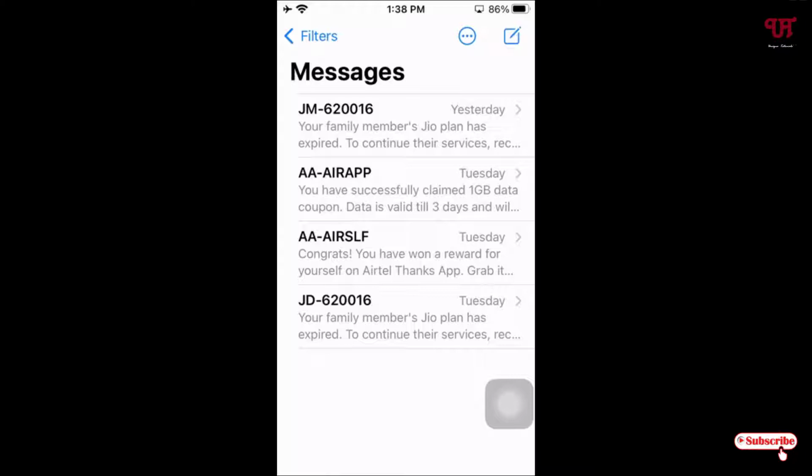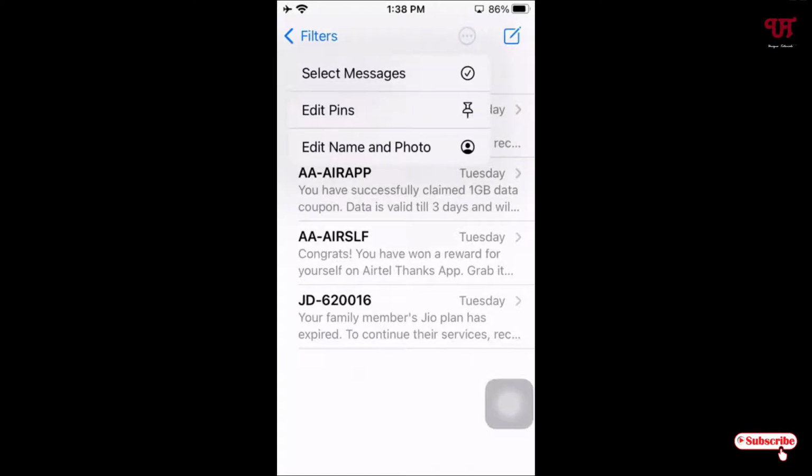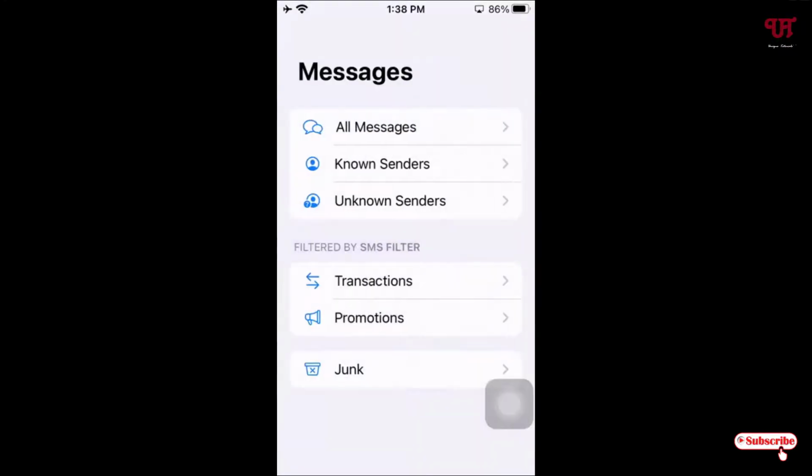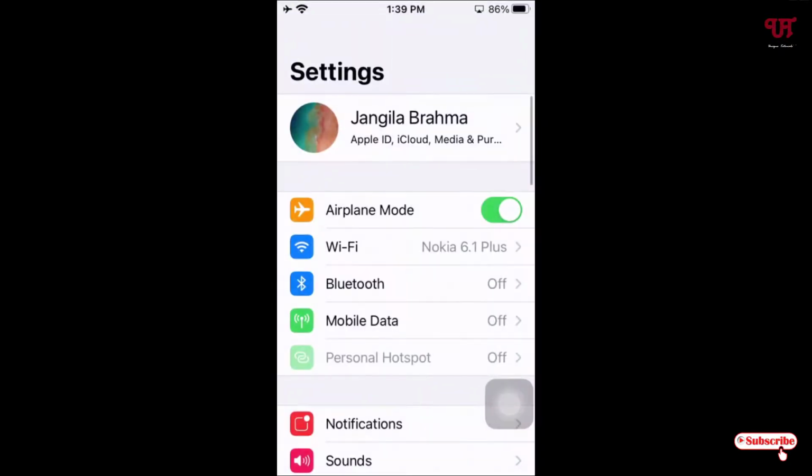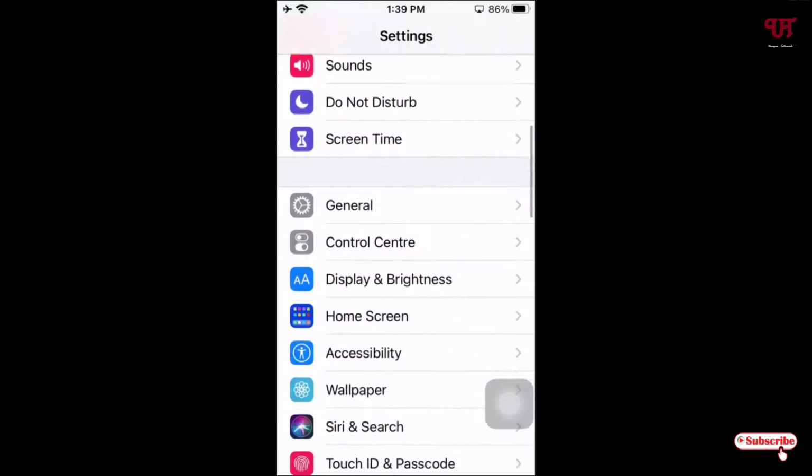So you may be thinking that by going to this SMS application, you can edit or do anything, and that by clicking on the filters you can delete those SMS automatically, but you can't do it by going inside the application. What you need to do is open the settings, and under the settings just scroll down below